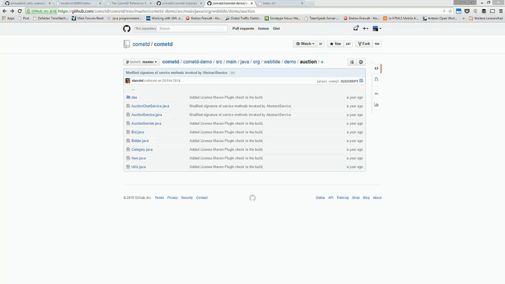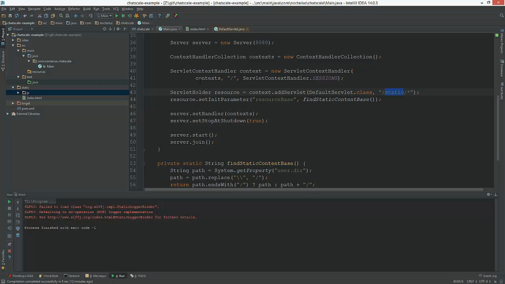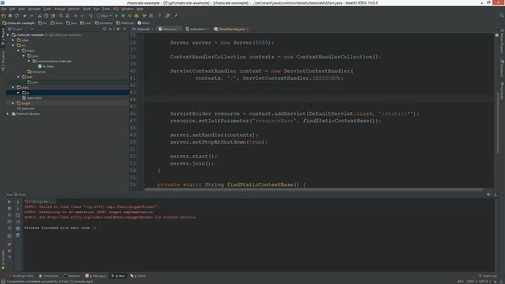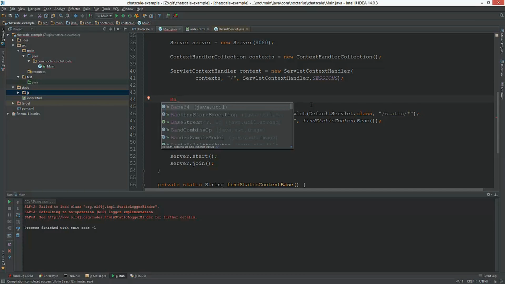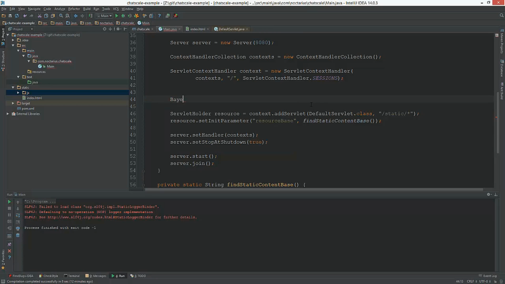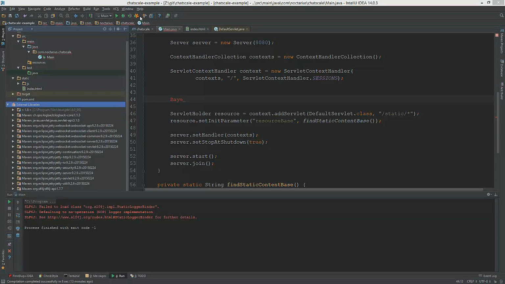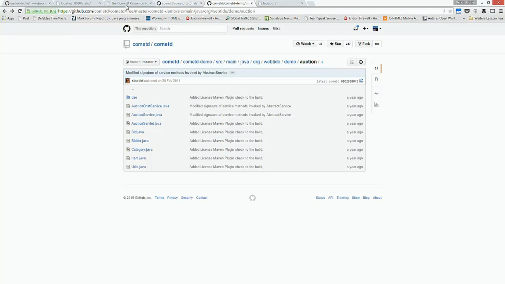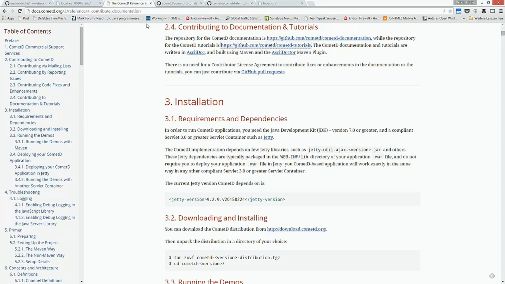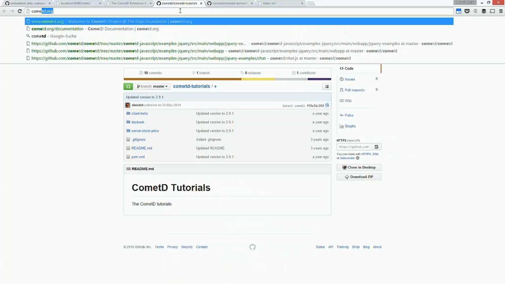Where is it? There you go. So let's just do that and hope it still works. Okay. Doesn't work already. Oh, right. I need to comment the Java dependency.